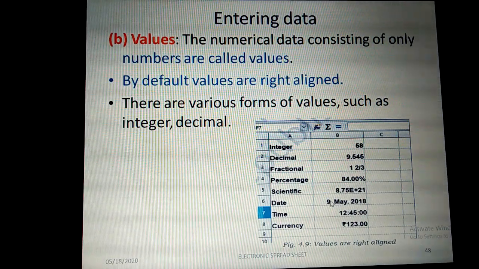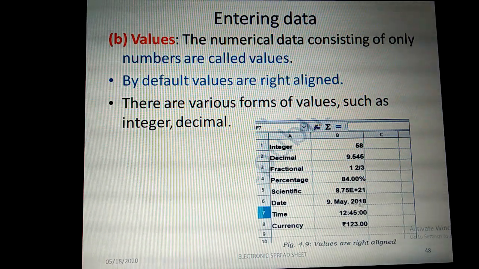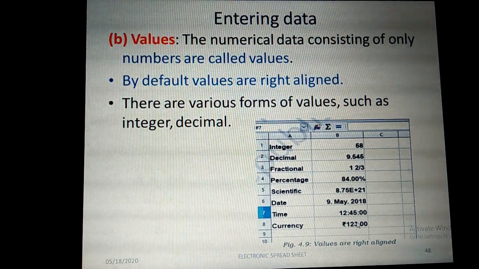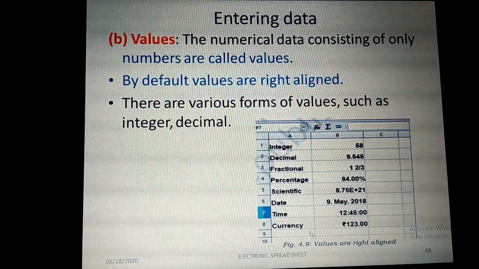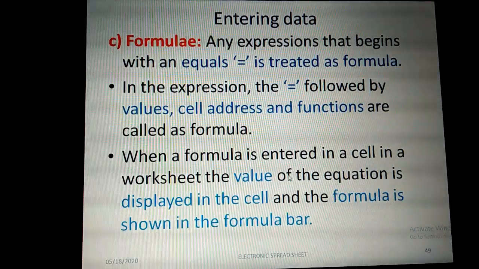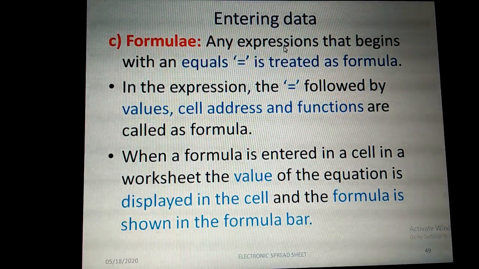Date consists of month, date and year, and then time, with minutes and seconds, is represented like that, and then currency. So like that we have different types of values that we can represent inside the spreadsheet, and then formula.